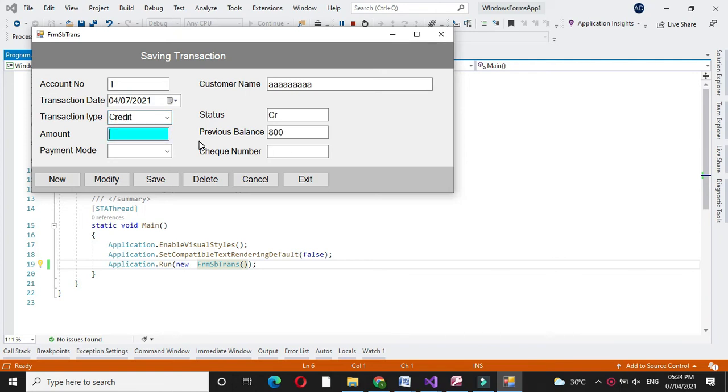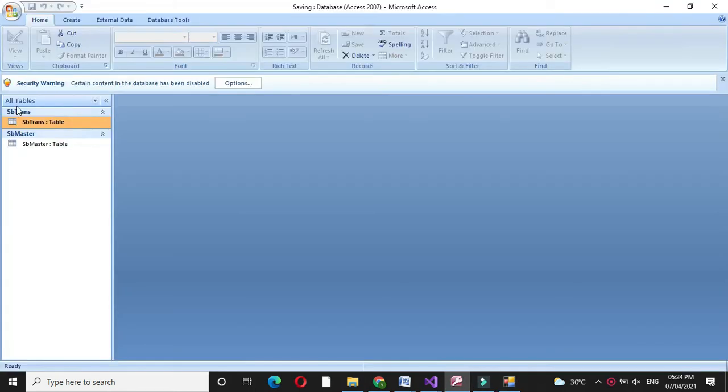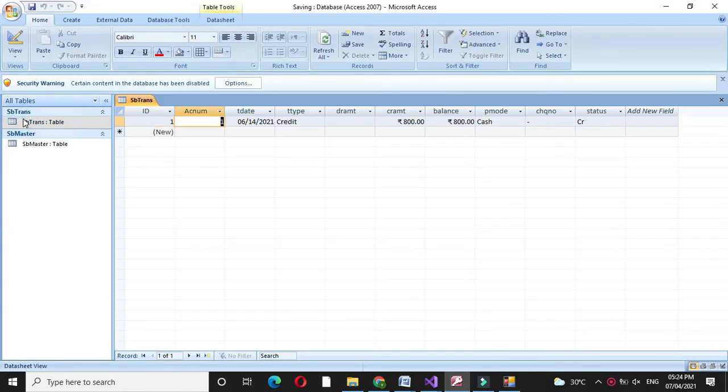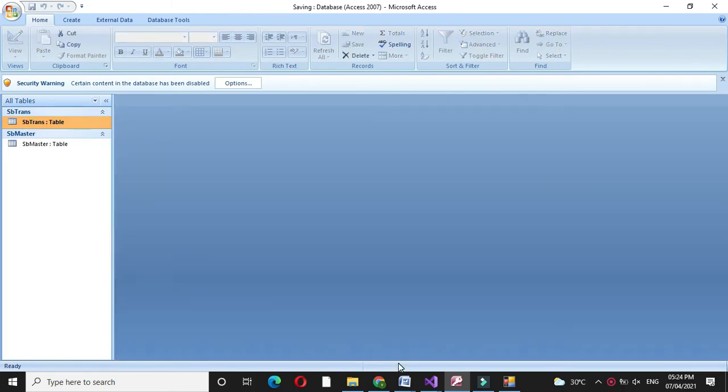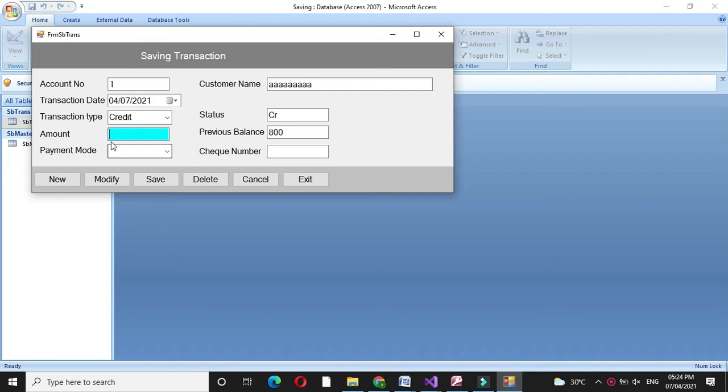It will display the previous balance 800. In the table we can check the previous balance is 800. Here I will input 100 rupees.